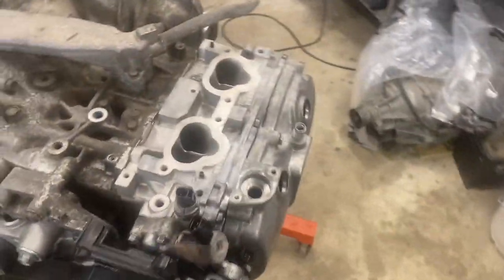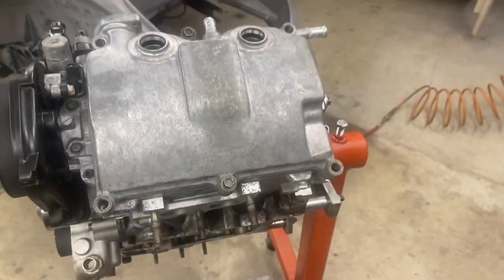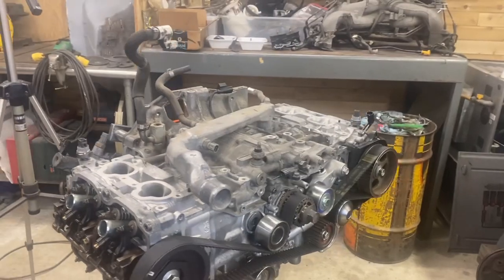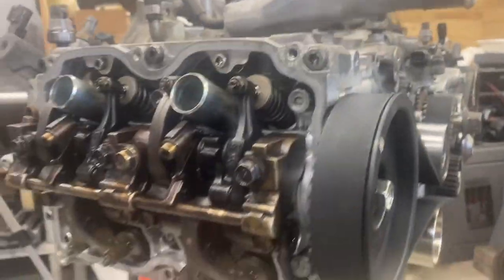Next, I'm going to rotate this puppy up, take this valve cover off, and we're going to work on setting the valve lash. Okay, time to set the valve lash. If you aren't familiar with what valve lash is,